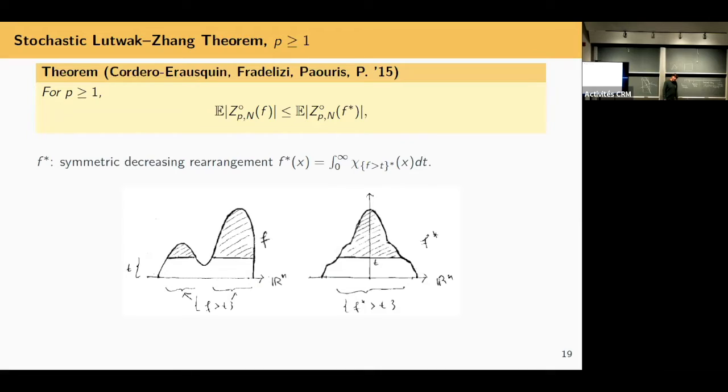And it is a kind of stochastic version of the Lutwak-Zhang theorem. So for this dual Lp centroid body, you have this random approximation. What it says is you can approximate all these bodies randomly with the parameter n, and on average you have an inequality that goes this way. And when n goes to infinity, by a law of large numbers, I see the dual Lp centroid bodies, I see the Lutwak-Zhang theorem.